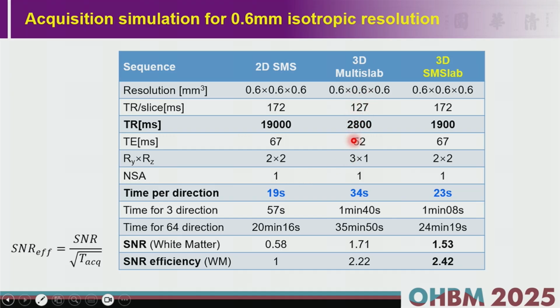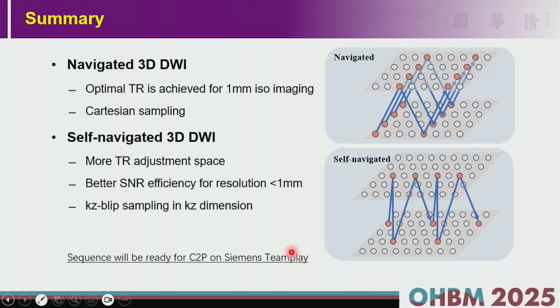For basic multi-slab imaging, it's much longer. But SNR for this is much higher than 2D imaging. SNR efficiency is also higher. So to summarize, we developed 3D diffusion imaging. For navigated 3D DWI, optimal TR can be achieved for 1 millimeter isotropic. This is for SNR efficiency consideration. For self-navigated 3D DWI, there is more TR adjustment space, and better SNR efficiency can be achieved for even